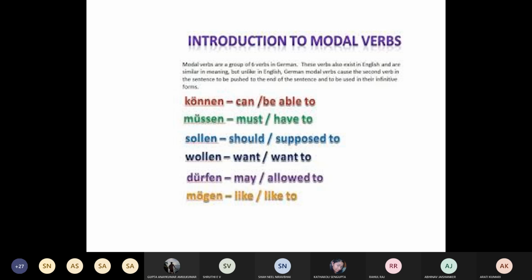You'll say, darf ich reinkommen? So we are making a question. That's why the modal verb is in the first position. And then you have the subject, and reinkommen is come in. It is a separable verb. Normally when you have a separable verb we split it while using it, but in the case of a modal verb, you will put it at the end and together. So, darf ich reinkommen?